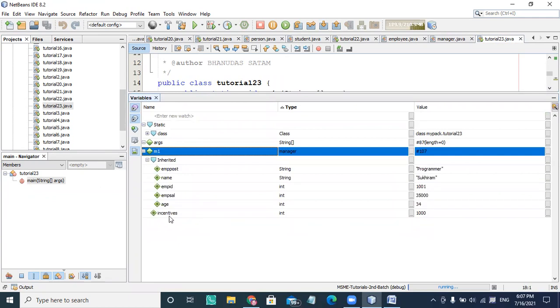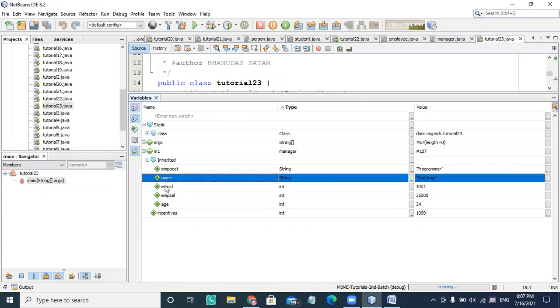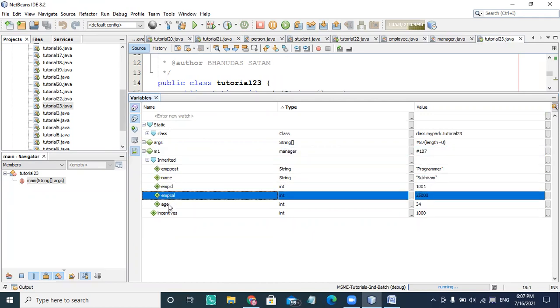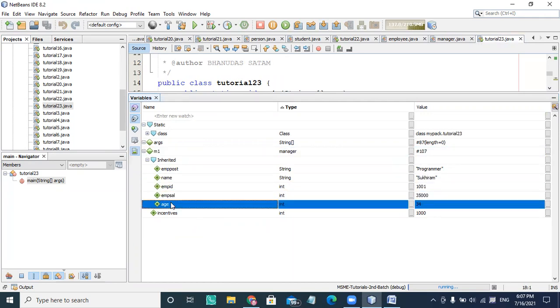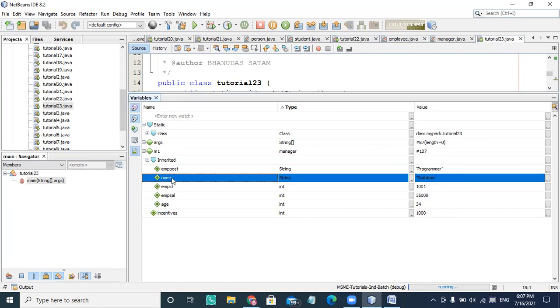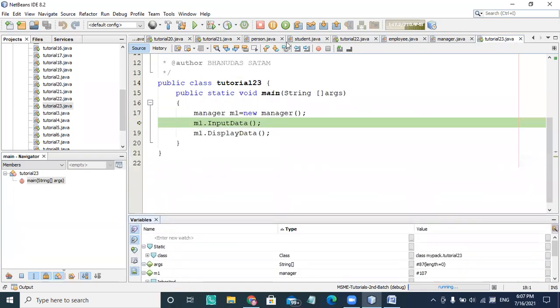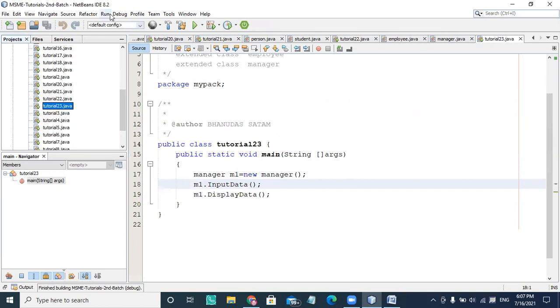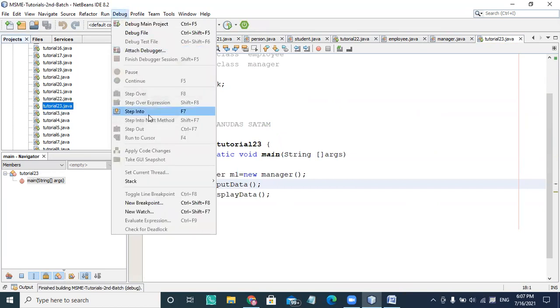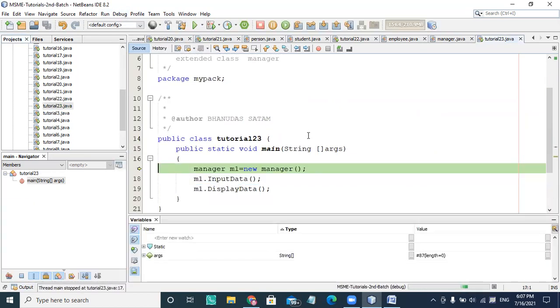M1 is inherited from employee: post, employee name, employee ID, and age. So name and age are inherited from employee's post. So all these become available to the manager object here. Okay, if you want to see these again, I'm running this debugging part again, and I'm showing it by F7.